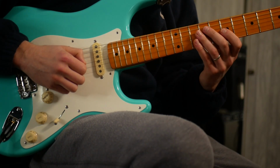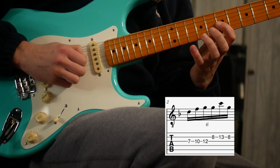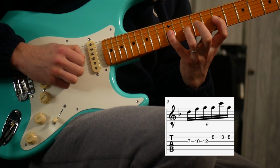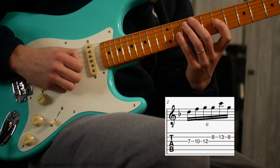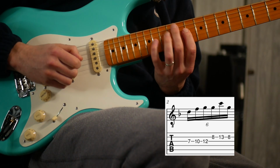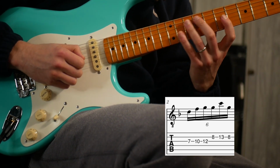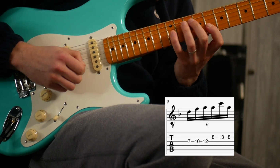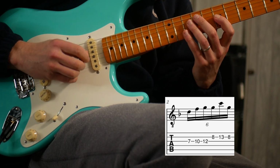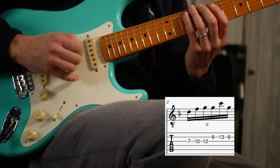Okay, and then for our next bar, we jump back down to the 7th fret. 7, and this is maybe the most difficult part, 7, 10, 12. Some of you might find that a little bit of a difficult stretch. I'll maybe write it out on Patreon a couple of frets higher so that you get a slightly smaller stretch. So 7, 10, 12, 8, 13, 8. That's our next 6 notes. So altogether you'd get...